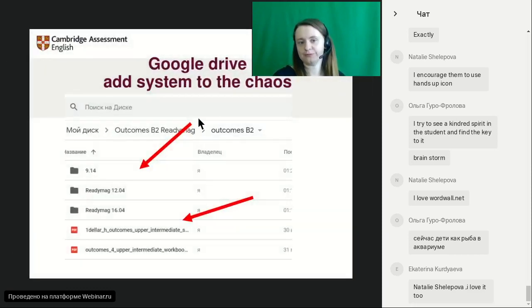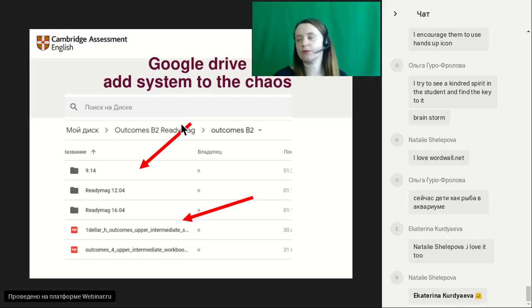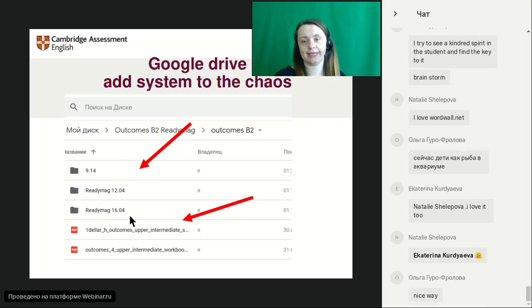I use Google Drive, where I have files for each group. Again, this is an example of my outcomes B2. I have all the files for each day, for each lesson. I have the books here just in case. They all have the paper versions, so we're not breaking the law. But just in case, if they want to refer to it, this is how they can do it. And I have a folder for each lesson. In this folder,